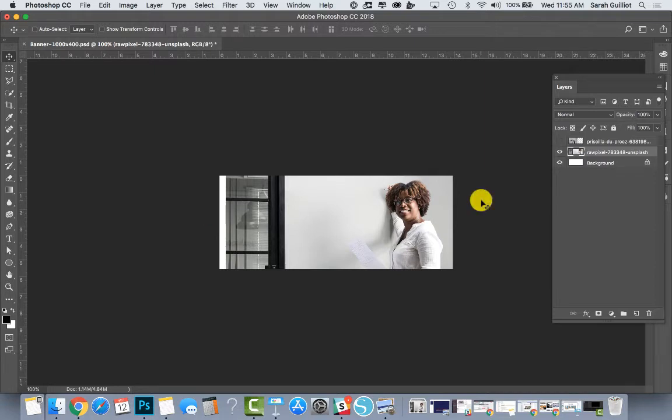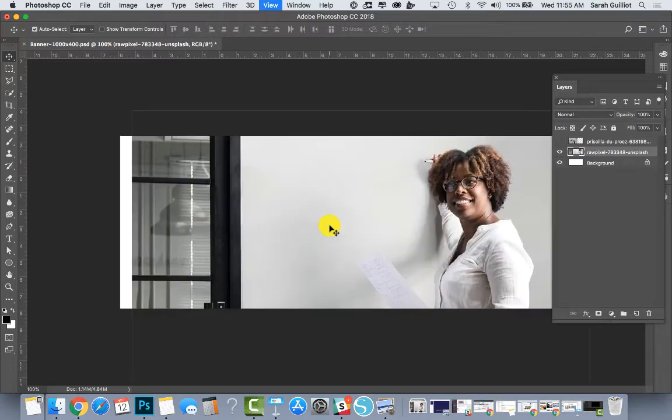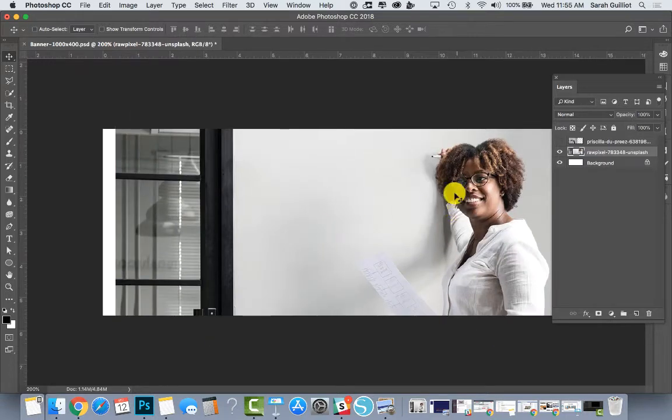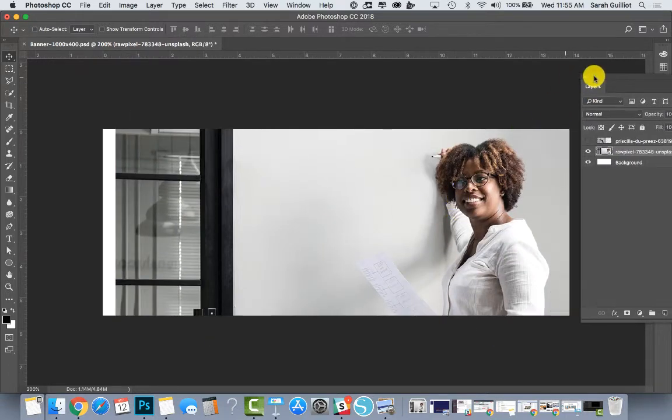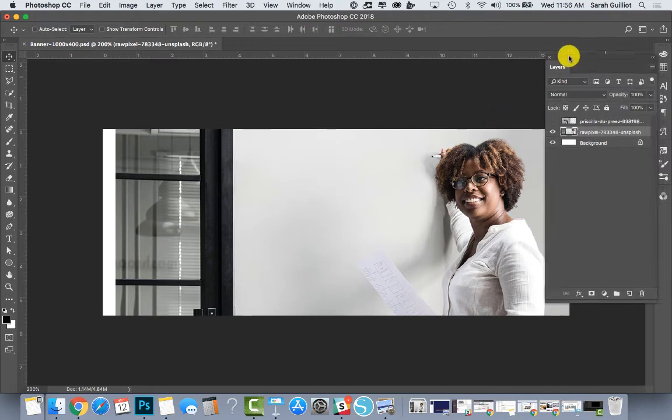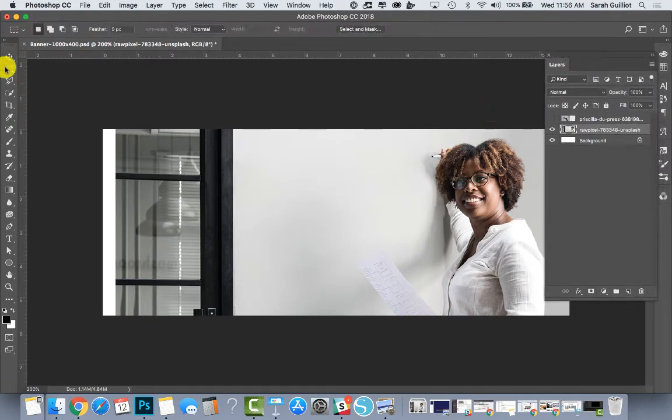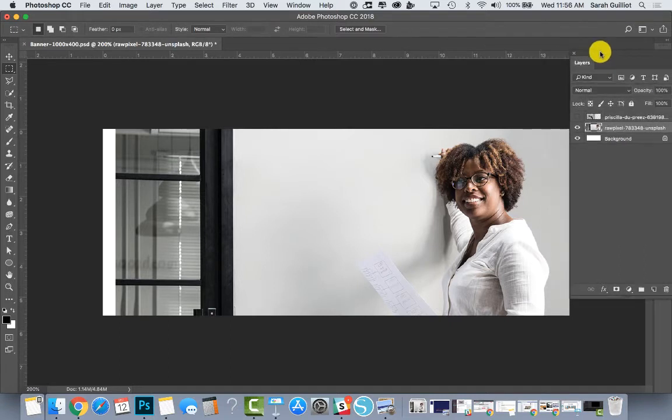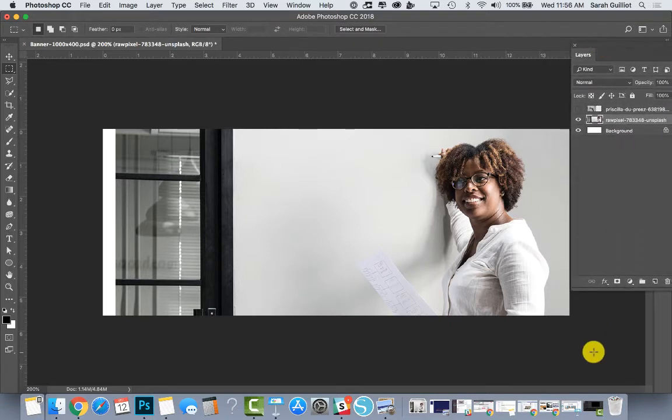I'm going to show you two methods that can help you extend your background inside of Photoshop. So this gal here, she looks great off to the right, but on the left side there's this annoying door in the way, and really we just want all of the white wall to stretch to the left. There's a super cool feature in Photoshop that can help you do this, but it also can be tricky. So I'm going to show you a problem that can happen with it and then what you can do instead